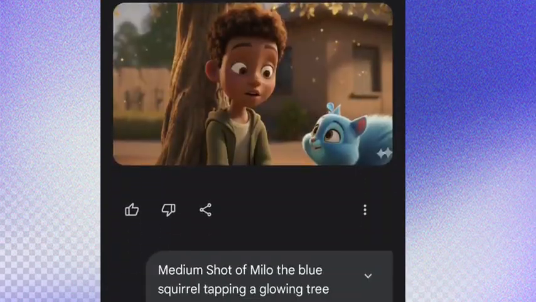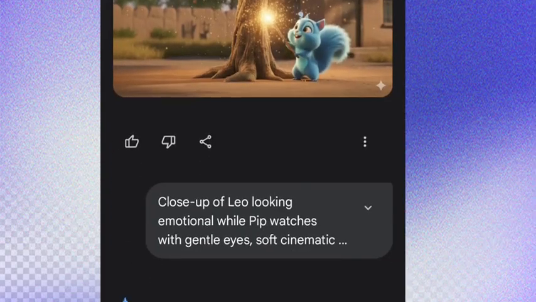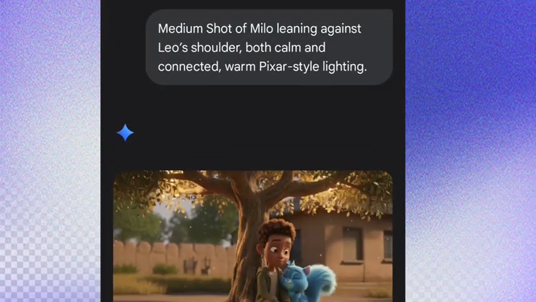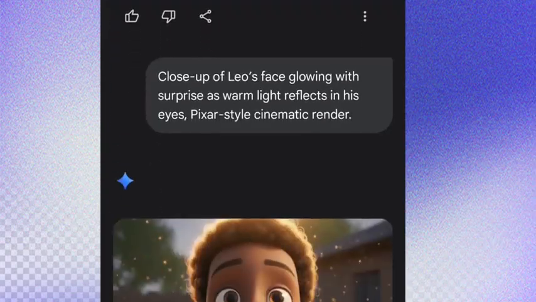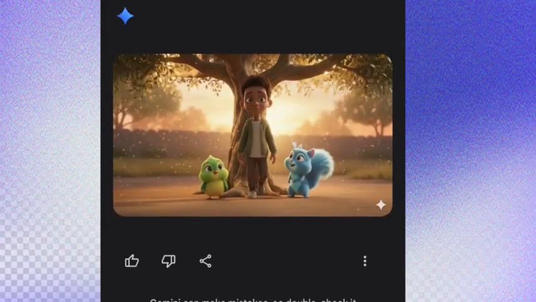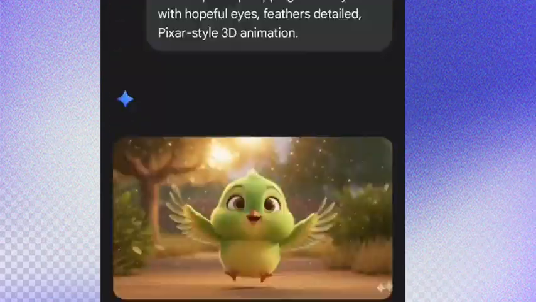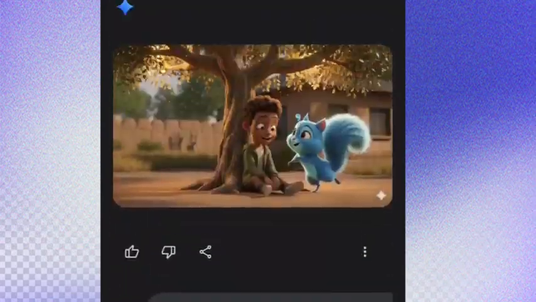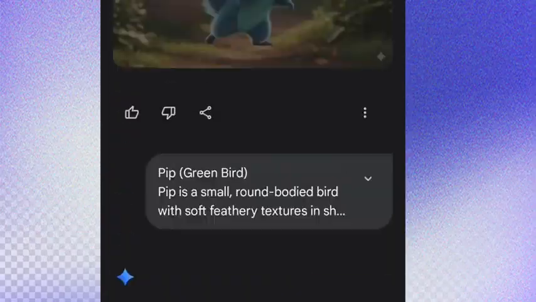As you guys can see, that is how I was doing it one by one, and I generate all the images I used to create the video. These are all the images, to the end of the image. Now, after you successfully generate all these images and you save them to your phone,